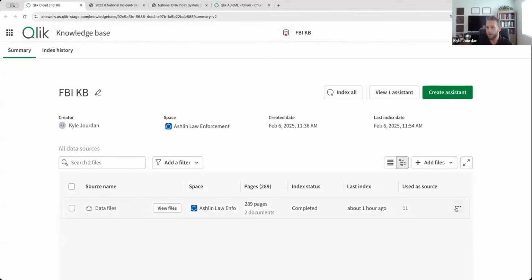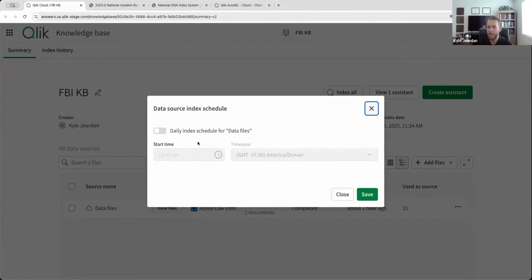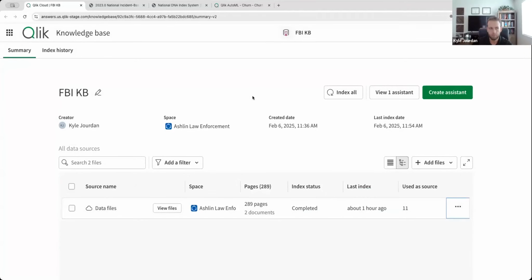So you can come in to any of your sources and determine how often you want it to go and check for changes to that data source. So you can say, go out daily, check if there's been documents added, deleted, or updated, and then appropriately update my knowledge base to reflect those changes. So my users always have the most recent information that they need and not any out-of-date information that may come from just using an out-of-the-box LLM.